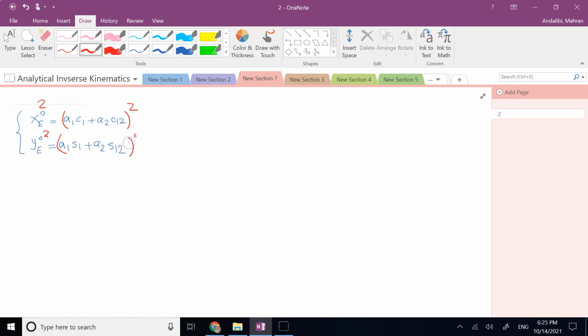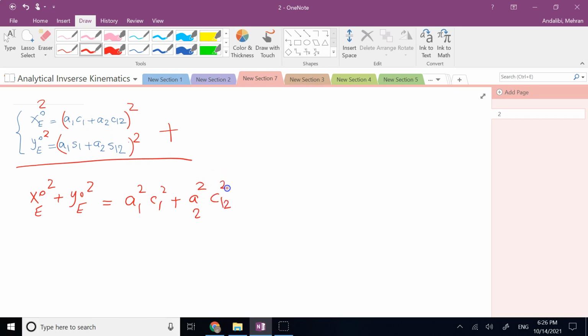So these are the equations of the forward kinematics. I raise each one to the power 2 and then I add them together. If I do that, I will get this guy here. On that side, it's two terms. It's a binomial. When you square it, you will get a1 squared c1 squared plus a2 squared c12 squared plus 2a1 a2 c1 c12. That's for this guy here, and then plus